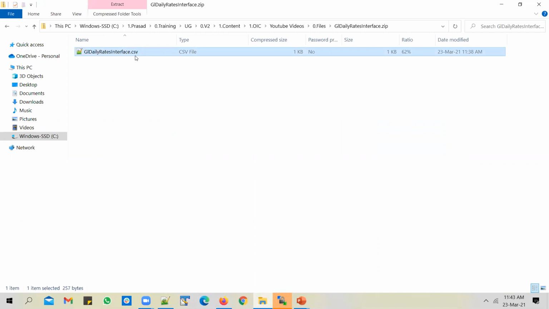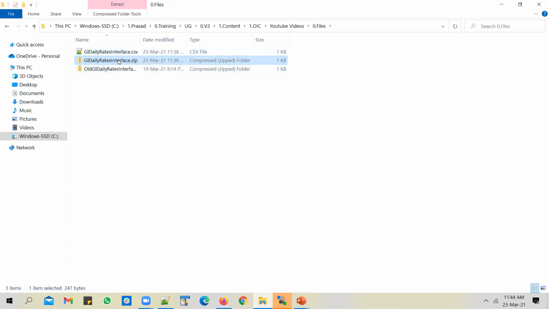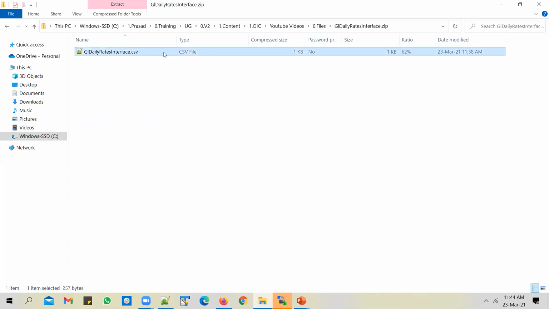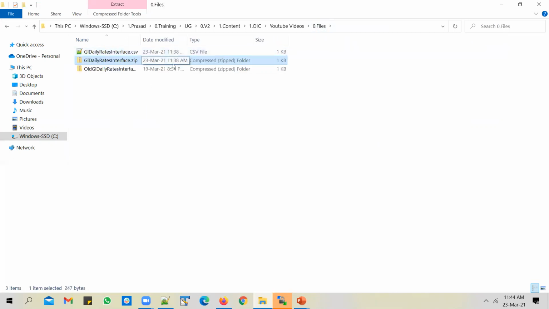So having just a CSV file is fine in case the import job doesn't have any parameters. The import job that you need to kick off to load exchange rates is Import and Calculate Daily Rates, and that import job doesn't have any parameters. So when the import job doesn't have any parameters, it is absolutely fine if you just have a CSV file. But let's say you are importing something like journals or invoices, wherein the import job, like Import Journals or Import AutoInvoice, expects you to pass in some parameters.